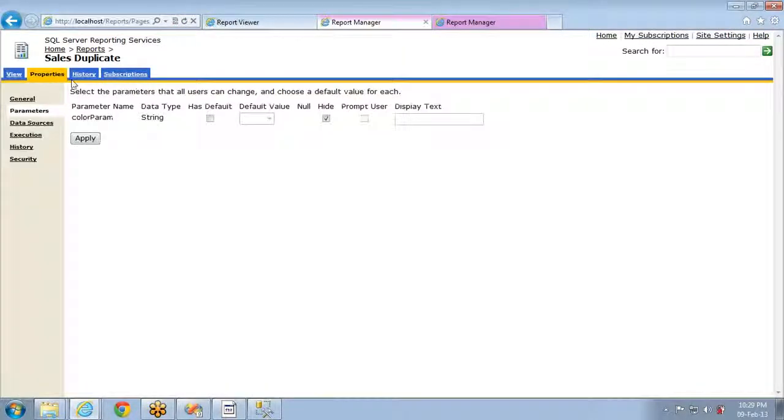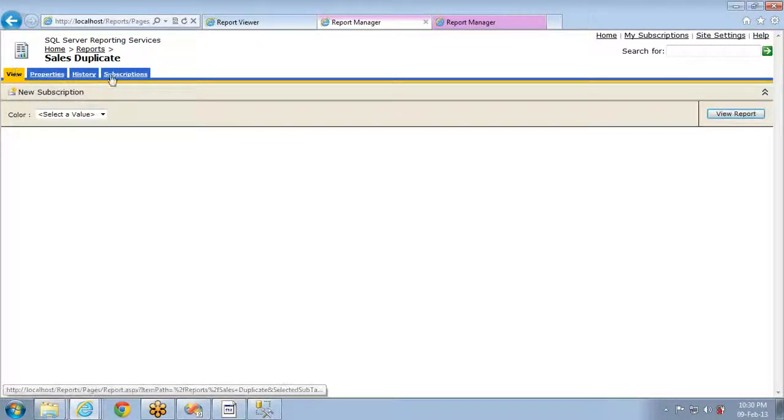So properties, I should not hide it. I have to prompt it and I have to apply it. This apply has not worked. Prompt the value. Sorry, this is missing. So this is how I want to prompt it. Fine now. Click on apply. It is applied. Now if I click on view report, the report is fine.